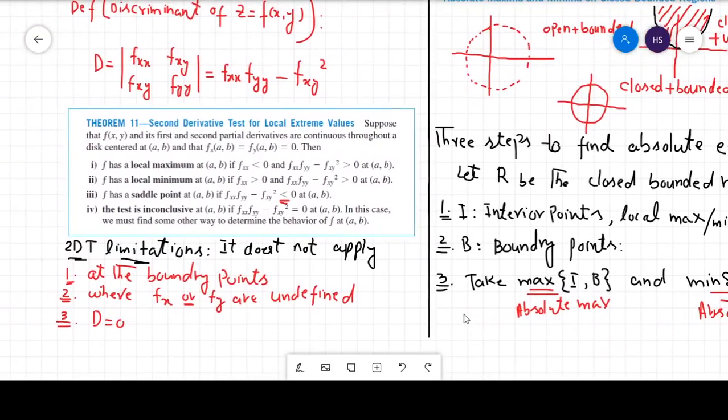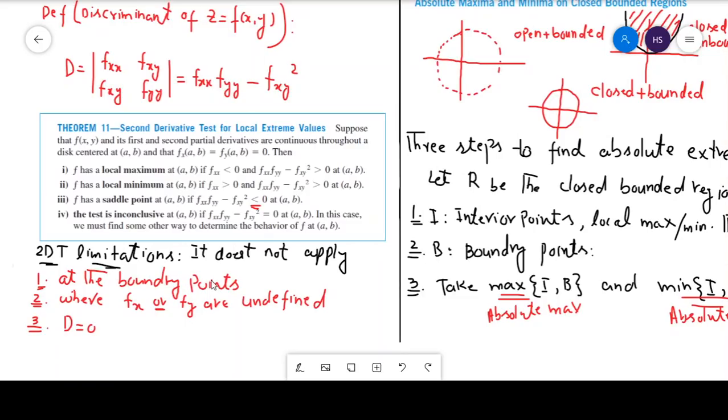The second derivative test fails at the boundary points, where the partial derivatives are undefined and where the discriminant is 0. So if you want to use the second derivative test to check local extrema, then you cannot check at those points where these two partial derivatives are undefined and where the discriminant is 0, right? So let's move on